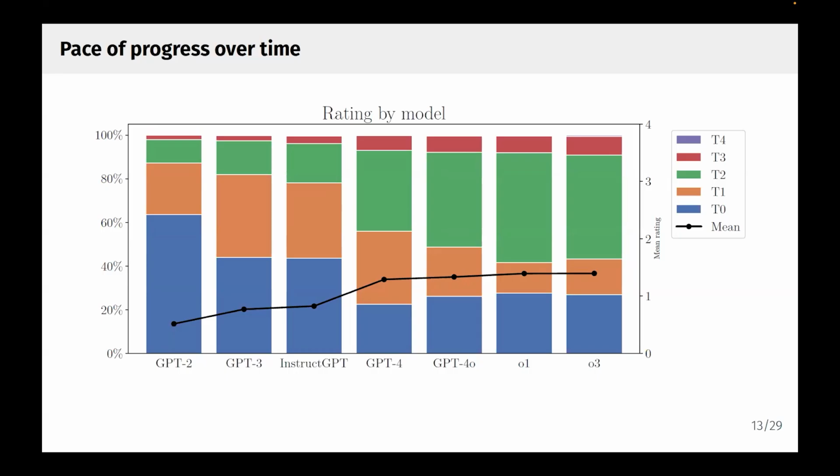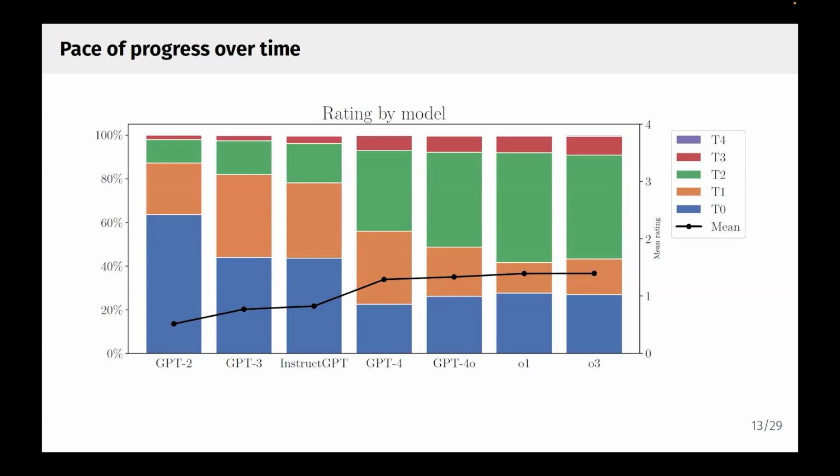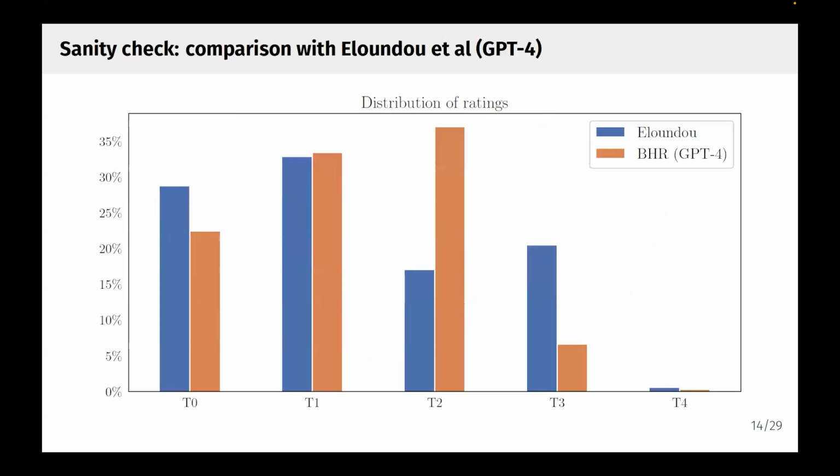Lower number. I guess my memory was that you said 23%. It was 20% wage weighted. It's not going to give the same number. I have the comparison to Lundu here, and we don't get the same numbers for a few reasons. One is because to use the same process across all the models, we're using the summarized version of the model card or the technical report, which is not exactly what they use for their prompt. So actually, I'm pleasantly surprised it's even reasonably correlated. The other reason is because they're doing LLM++. We're just doing GPT-4.